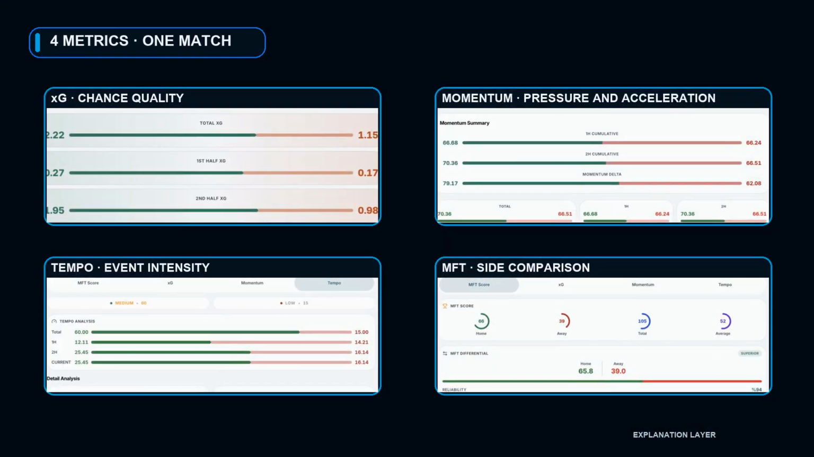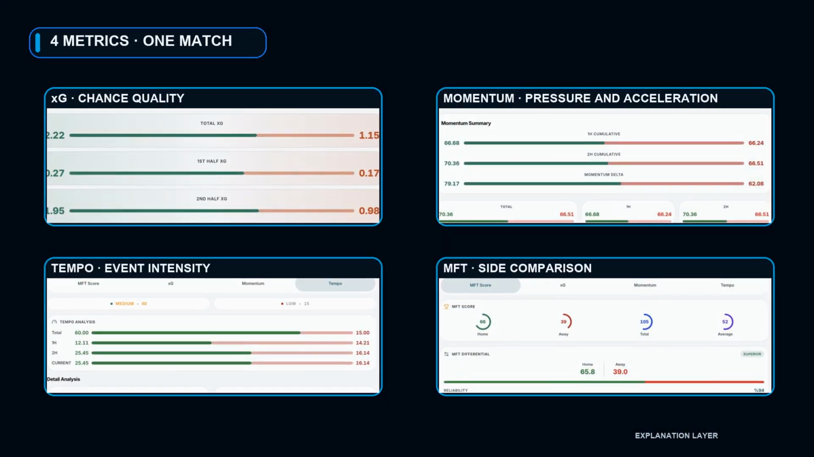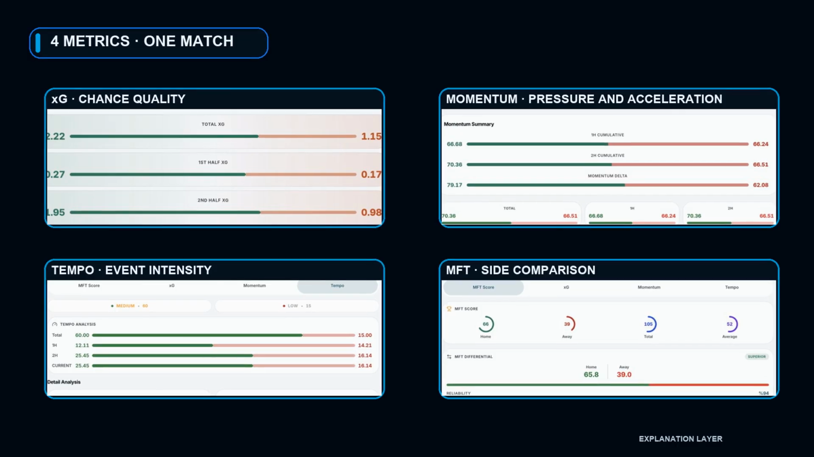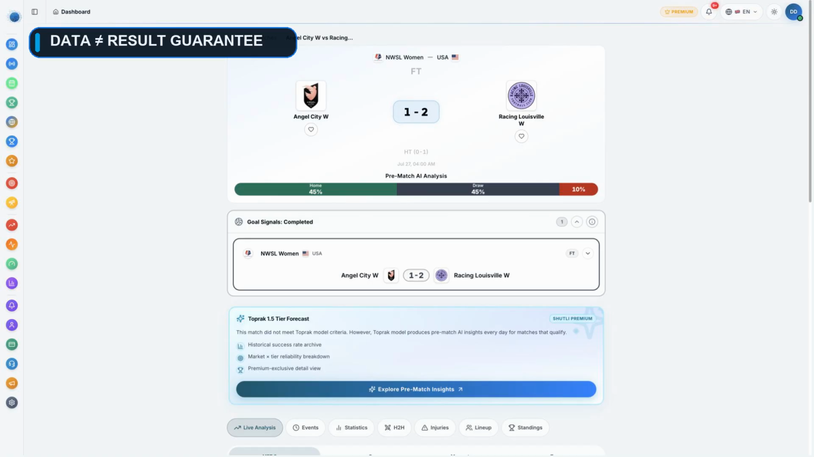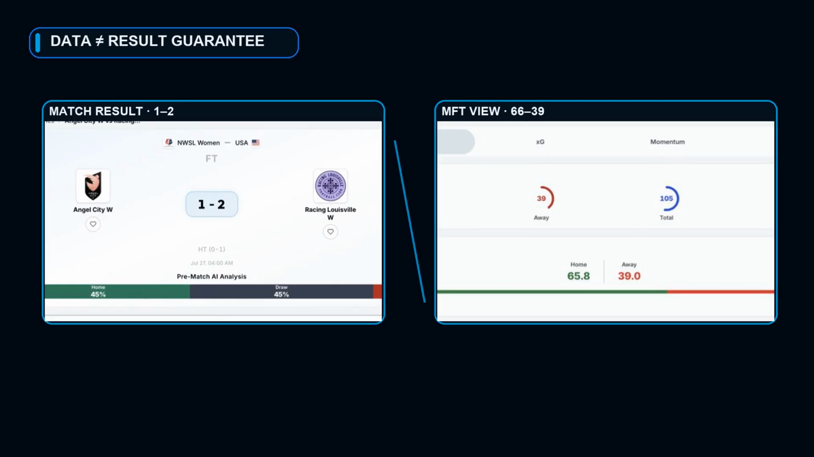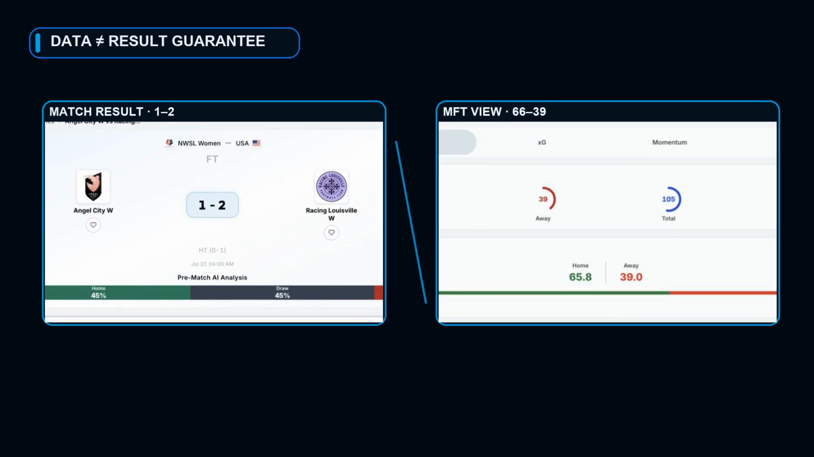A team may have higher XG, stronger momentum, and a more intense tempo, yet the opponent can still win. This is why reading the data on screen correctly matters. In this episode, we will open momentum, XG, tempo, and MFT one by one, then interpret all four together in the same match. Our goal is not to predict the result, but to separate what the data tells us from